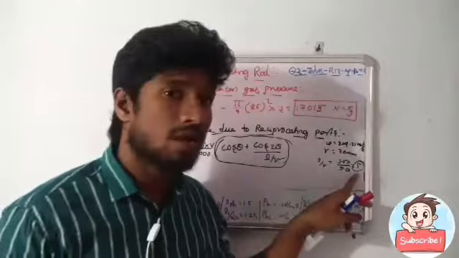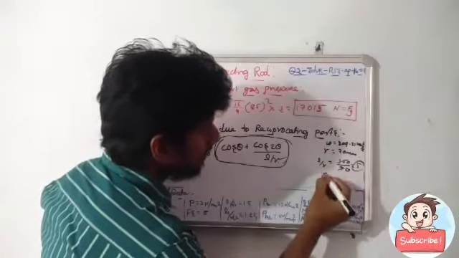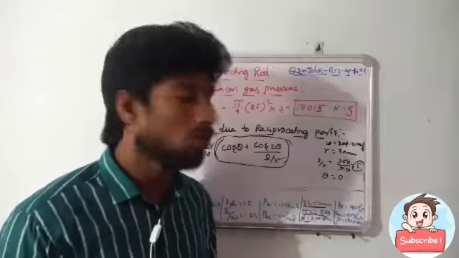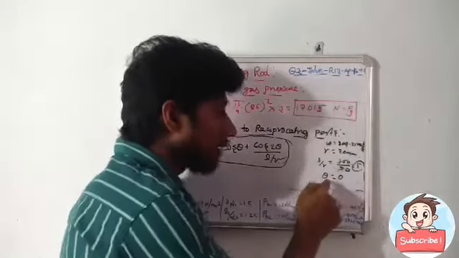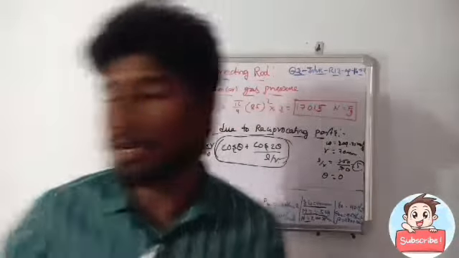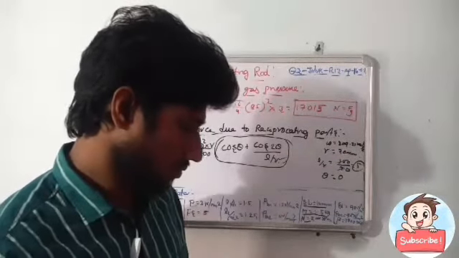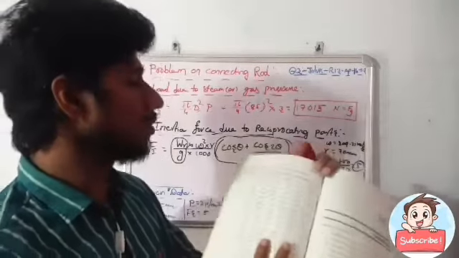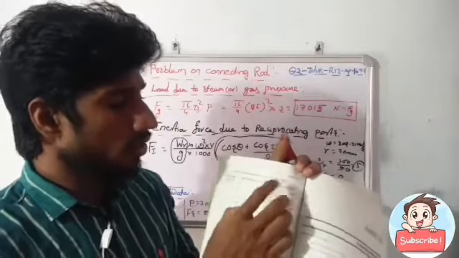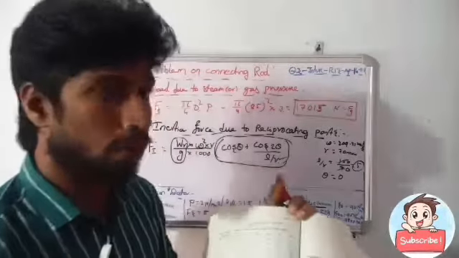With the help of this L by R value, we are going to consider the inertia factor, and we already discussed theta equal to 0. Why? Because the crank angle at TDC condition we considered 0. By using this L by R and theta value, we are going to consider the inertia factor value with the help of the design data book. Let's see that. In the design data book, refer to table number 14.6, values of inertia factor. With the help of this table, we consider the inertia factor value here.